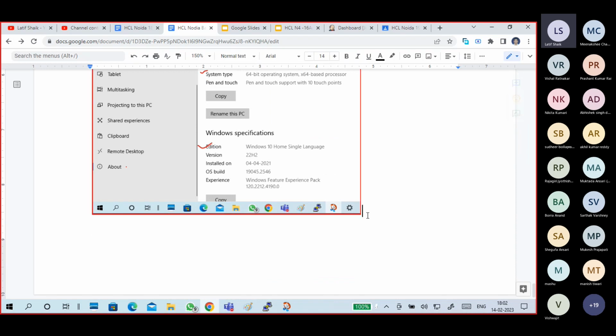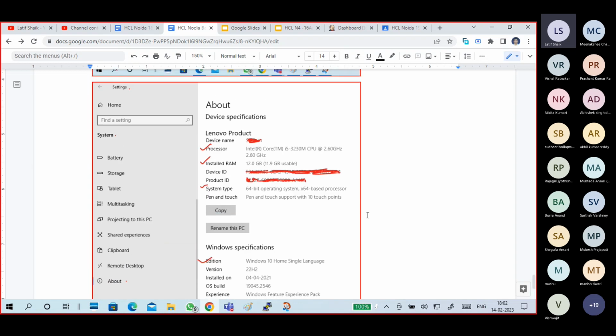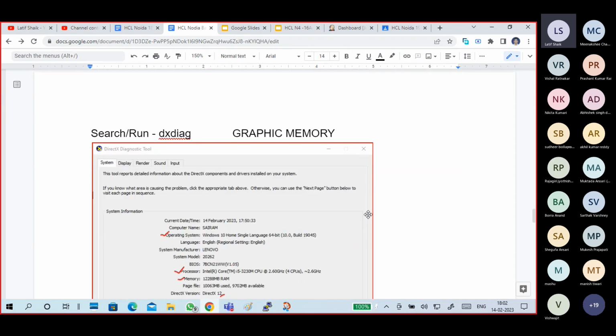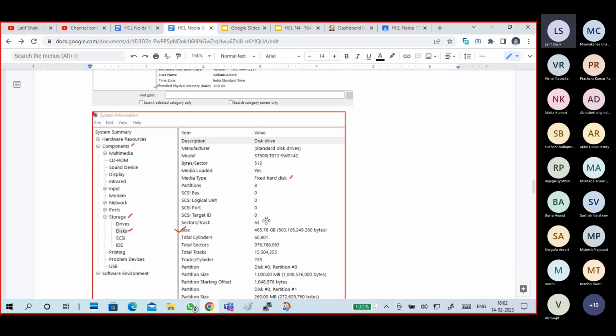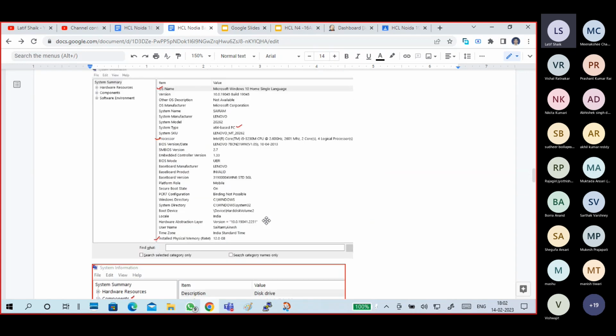This is another way, but you won't get any graphics card or hard disk related information. Hard disk information we get from elsewhere.